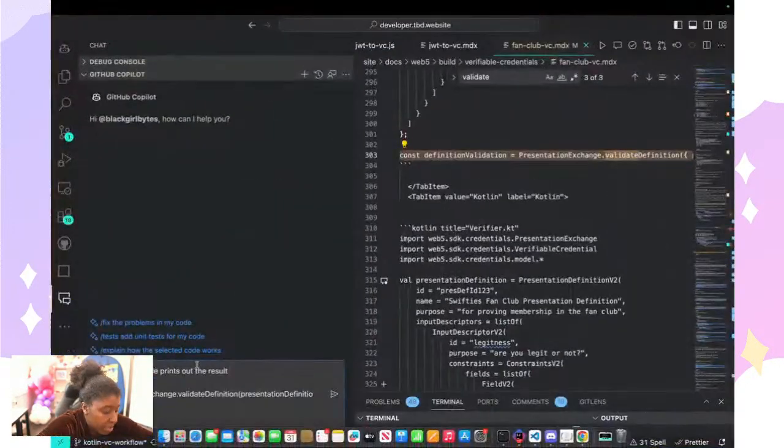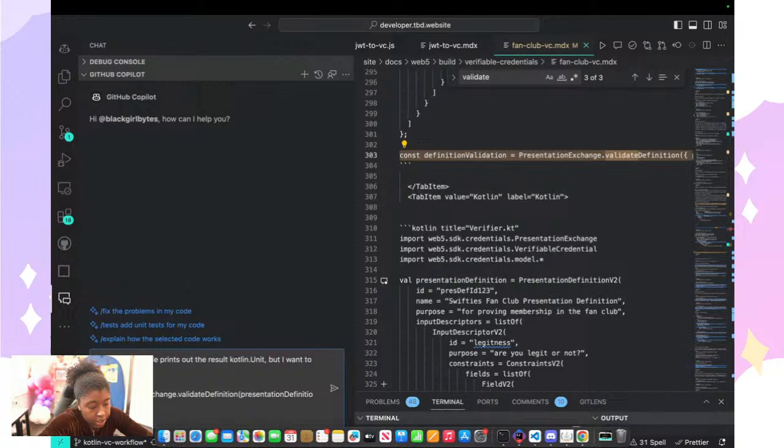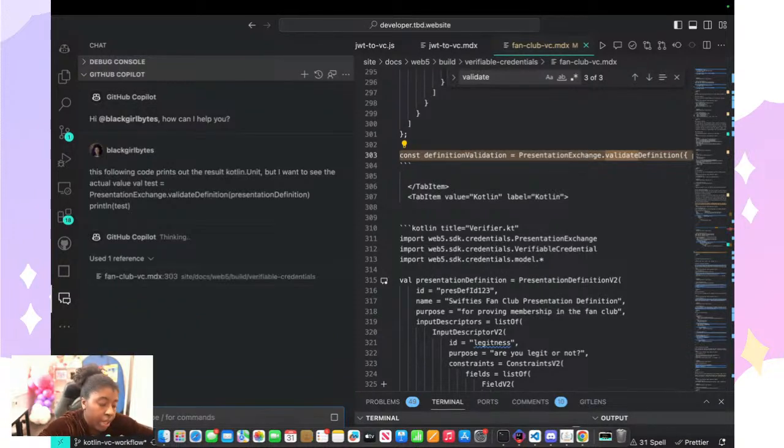I don't know. This is how I code, whatever. But I want to see the actual value. I cannot remember. I know I learned Java in college, but like, what did we do? I don't know. All right, so